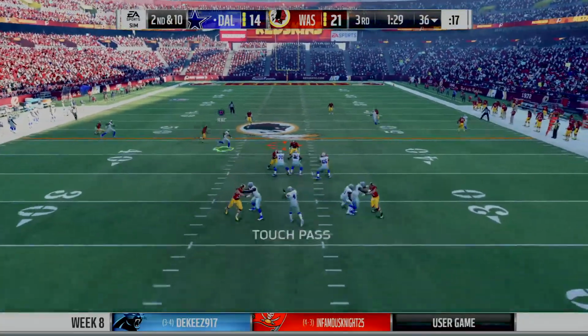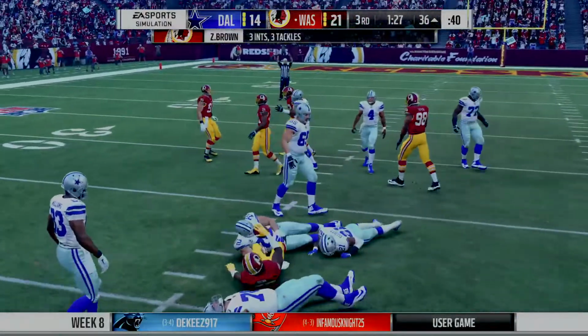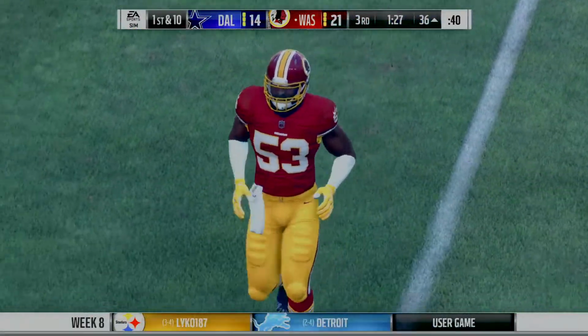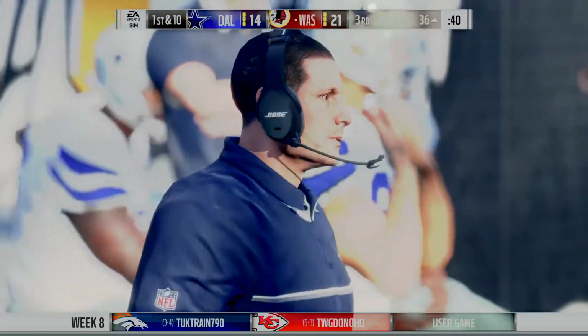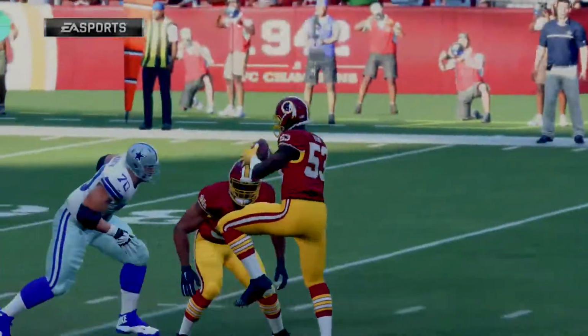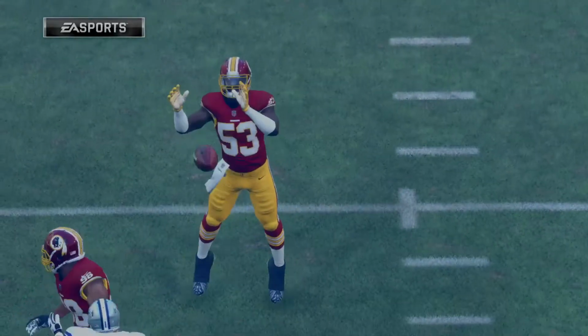From the shotgun, it's Prescott. And now here's another interception. Picked off by the linebacker, Zach Brown. And they take possession of the football and have it at the 36-yard line. Charles, whatever's going on between his ears right now, it's just not completely calculated correctly. 7 picks between last week and this week after that one. And they always say the most important part of a player is the